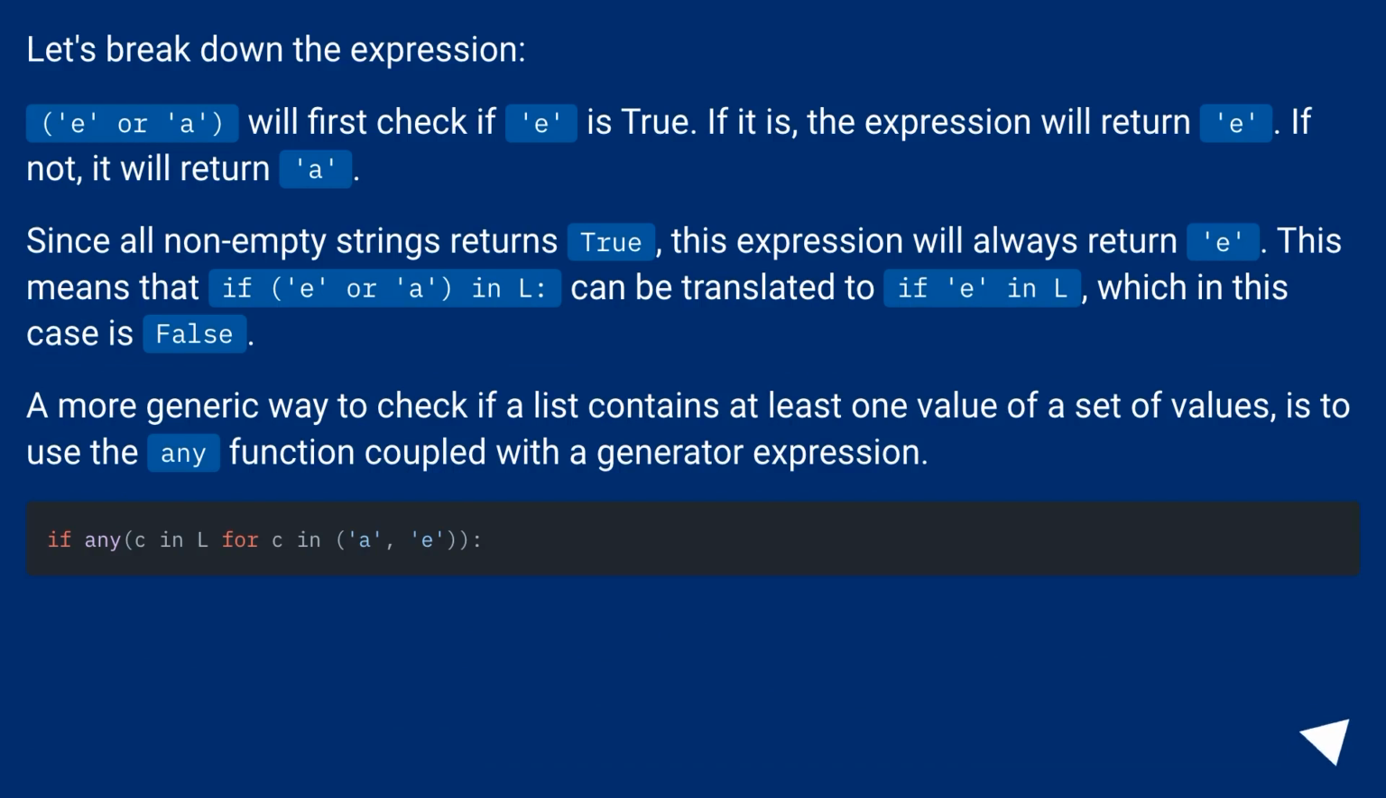Let's break down the expression. E or A. We'll first check if E is true. If it is, the expression will return E. If not, it will return A. Since all non-empty strings return true, this expression will always return E. This means that if E or A in L can be translated to if E in L, which in